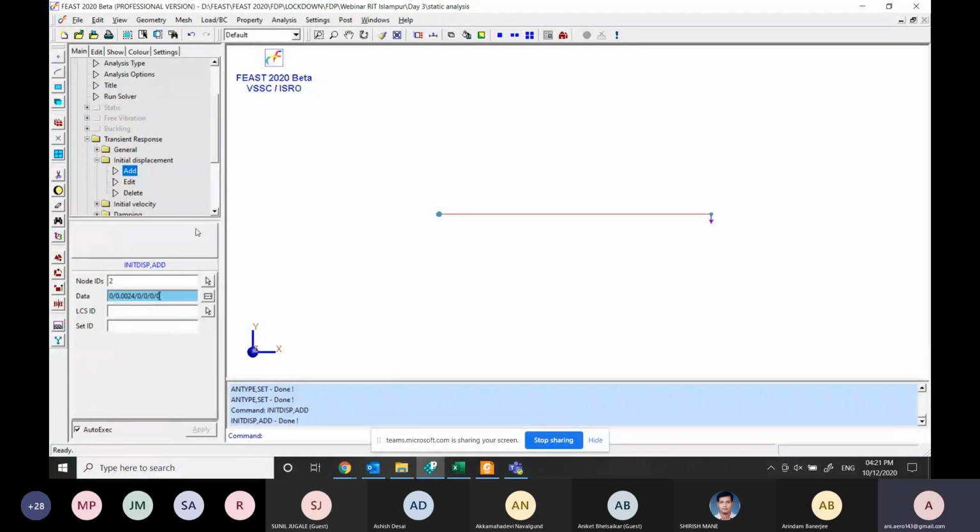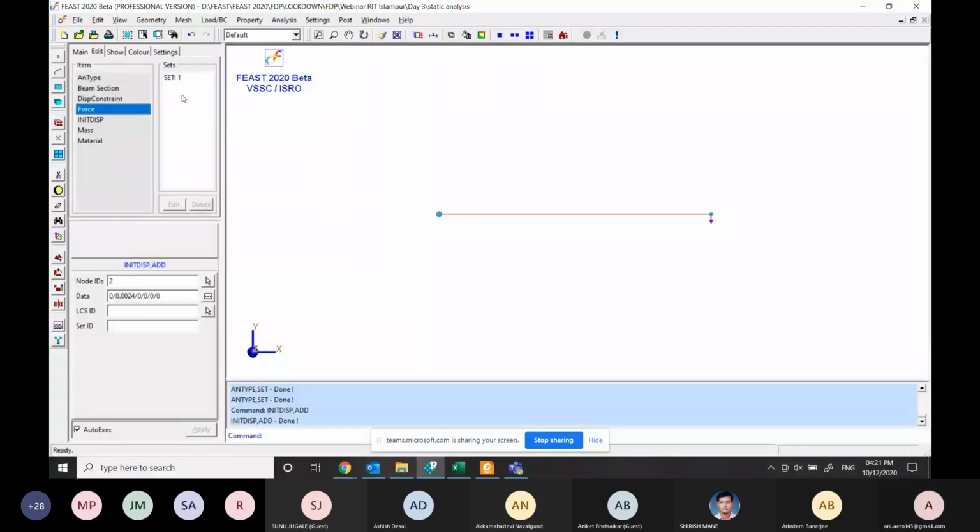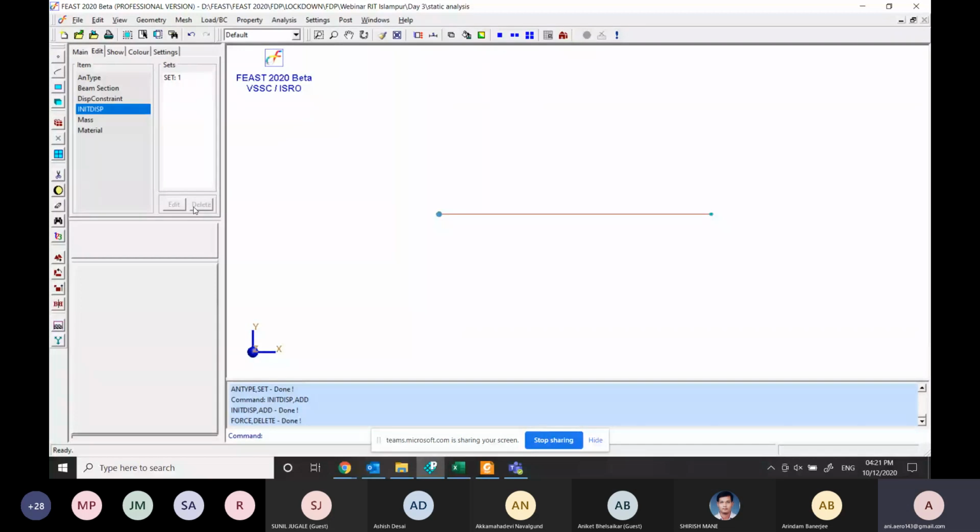So the initial displacement is added. Now this initial displacement we have already given to the software. So I'll just go to this edit tab, and you can see here we have this force option, force command, which we used for static analysis. That is not required because of this force we have got the static result, and we have given the initial displacement, which is nothing but the static result.